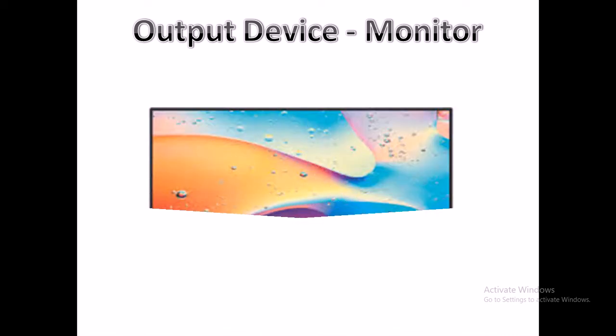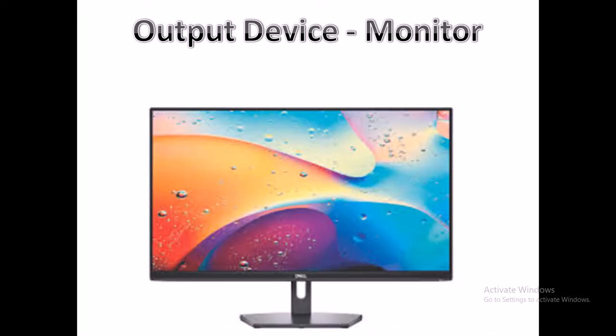So the monitor looks like a TV screen which is connected again with the CPU and that is attached with the cable. It has a power button to switch off and switch on. There are also control buttons that can adjust the brightness, contrast, size of your picture or size of your screen.